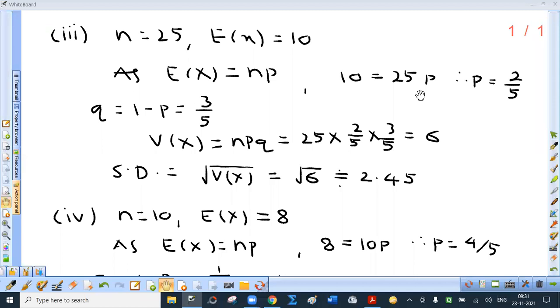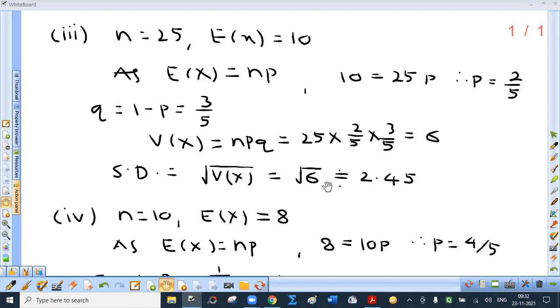Now in the third part, N is given to be 25, expected value 10. But E of X is NP. Substitute to get P equal to 2 by 5. So what is Q? 3 by 5. So what is variance? NPQ, 6. What is asked? Standard deviation, positive square root of variance. Root 6. You may write root 6 as the final answer or approximate value